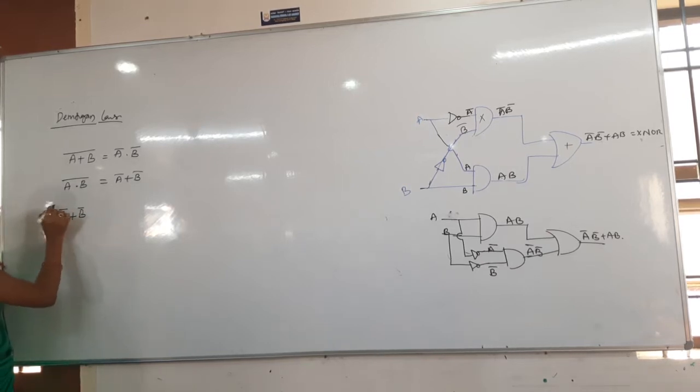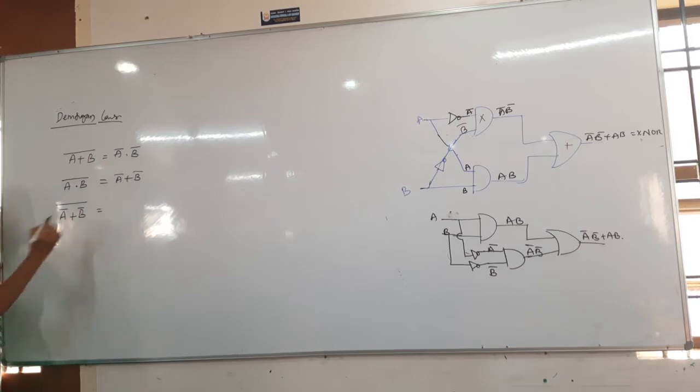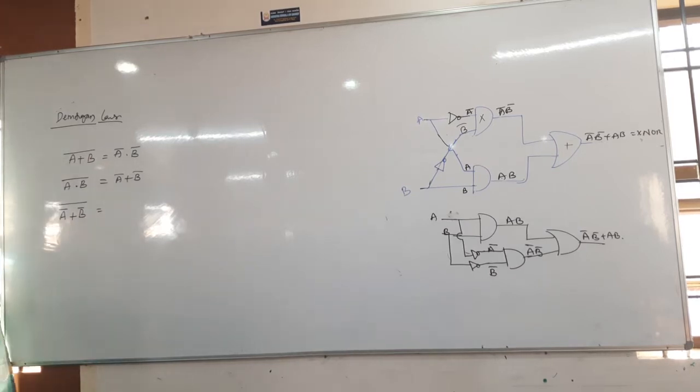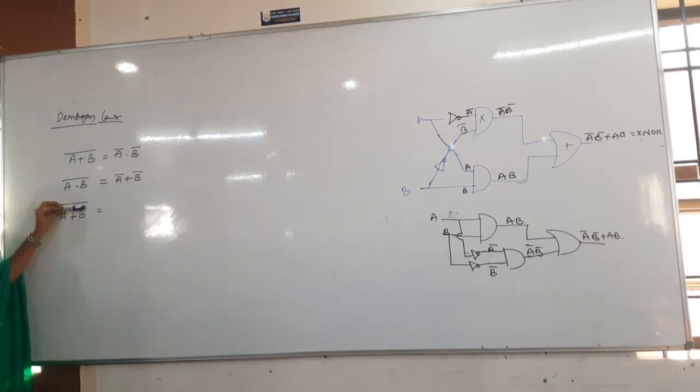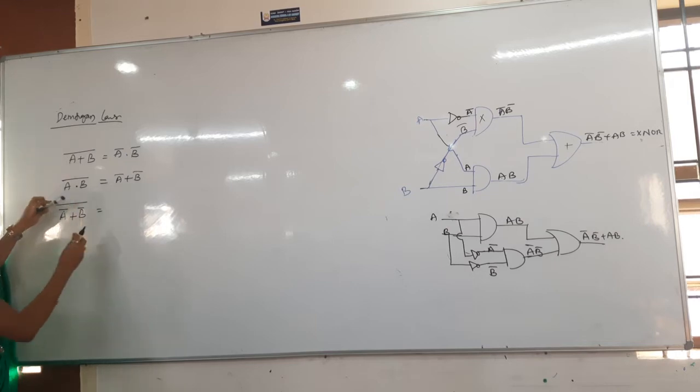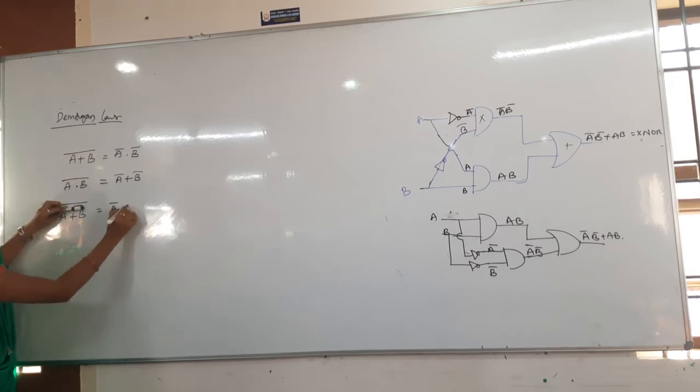Then here one more thing, I will just write one more thing here, that is A bar plus B bar whole bar. Can you tell me the answer for this? How much? Very good. A into B you will get. See, just close it. Then what is the answer you will get here? A plus B whole bar, nothing but A bar dot B bar. So I will close it and then I will write the output as A bar dot B bar.